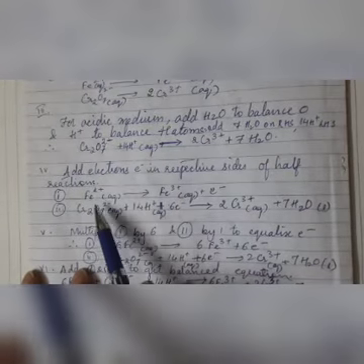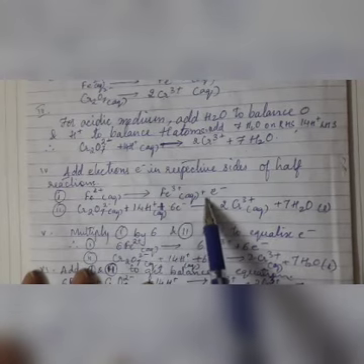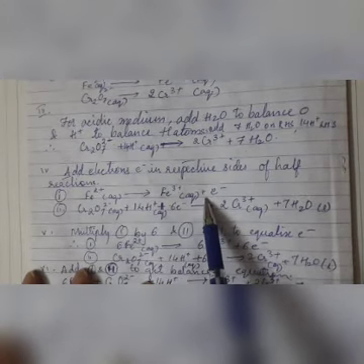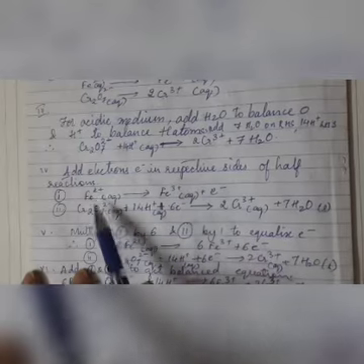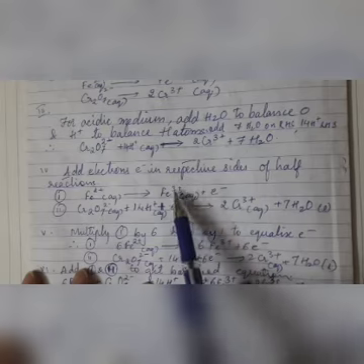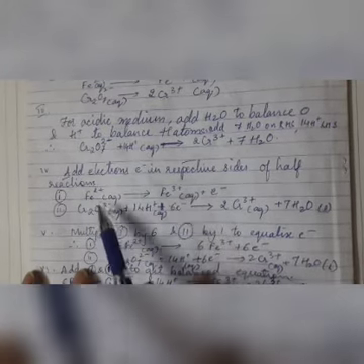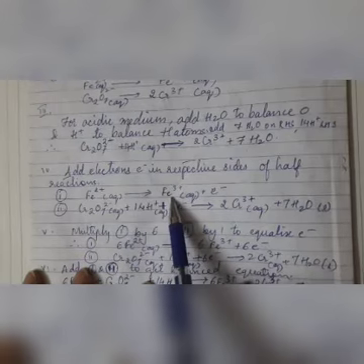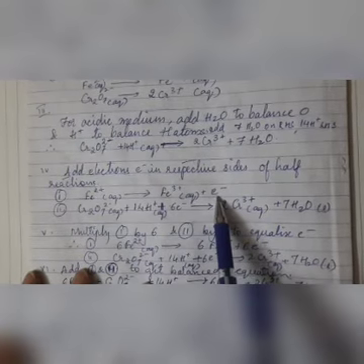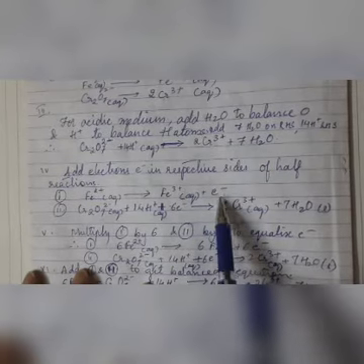Now to balance the number of electrons, what did we do? First we took the first half reaction. Fe2+ is getting converted to Fe3+. How has it been obtained? By the loss of 1 electron. If I remove 1 electron from Fe2+, I am going to get Fe3+. So Fe3+ plus 1 electron is nothing but Fe2+. So Fe2+ is getting converted to Fe3+, along with that, 1 electron is lost. That electron I am showing here.